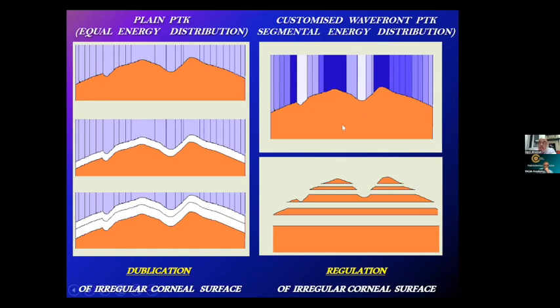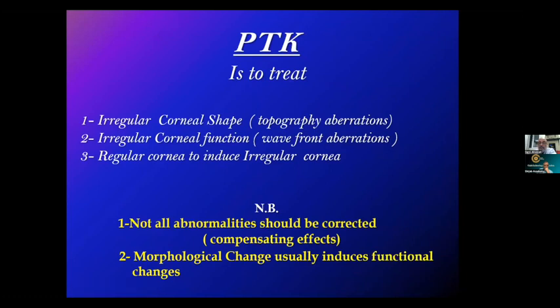While in case of customized treatment, energy will be higher where we need it, and maybe there will be no energy where we don't need it. And by that, we can remove part of the tissue gradually until we reach the regular corneal surface. Now, PTK is to treat irregular corneal shape, and this is indicated by topography